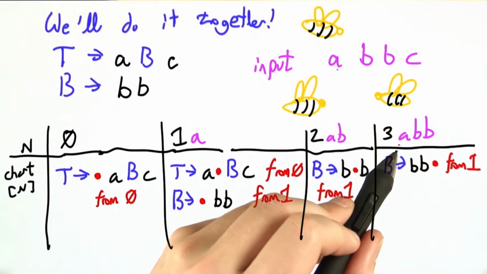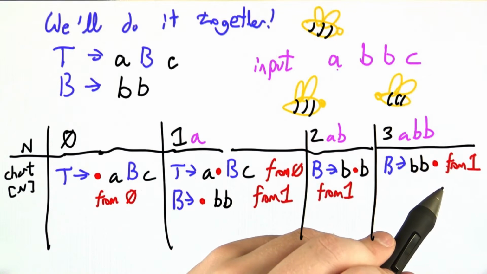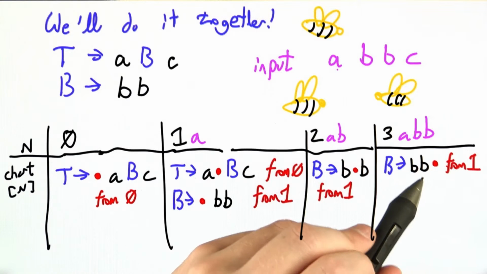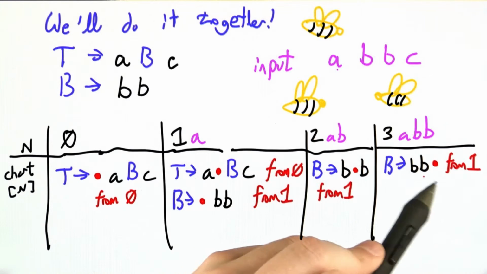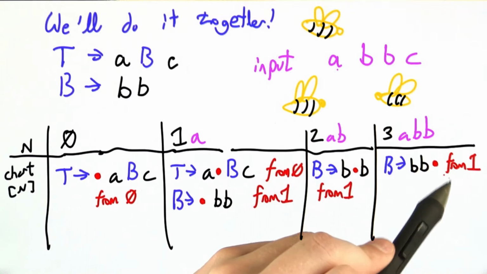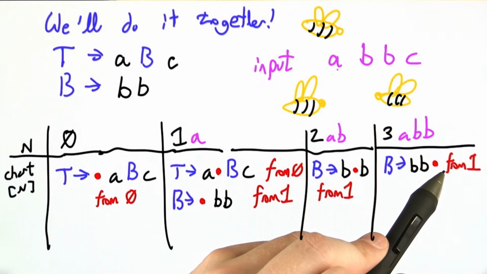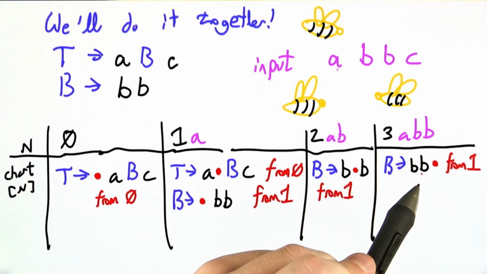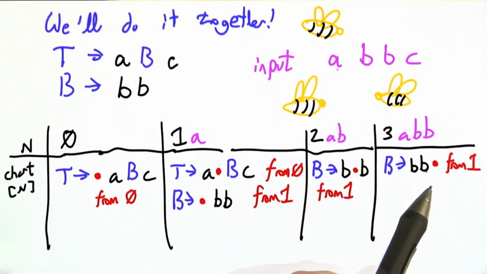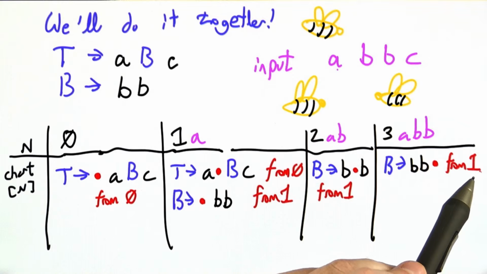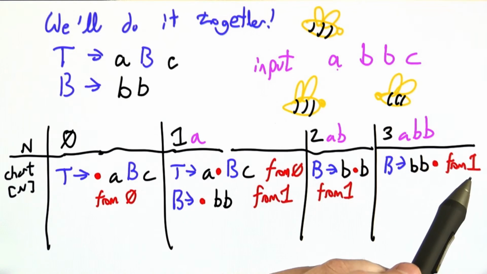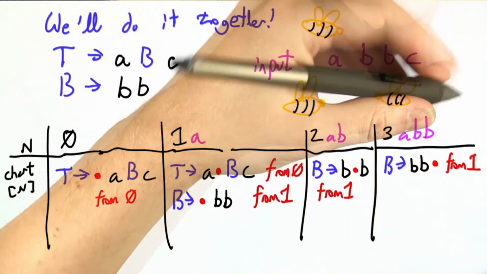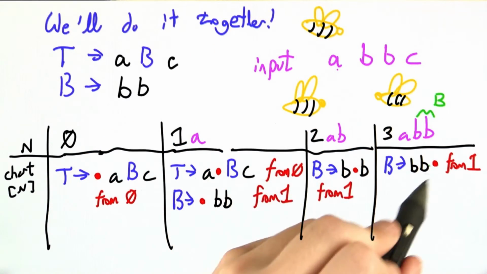All right. So here's the moment of truth for performing reductions. We have the red dot at the end of a rule. There's nothing to the right of it, no more input to consume. So we're going to apply this B goes to bb rule in reverse. So we're going to look back to state 1. We're going to use this from information. Where did it come from? Came from state 1. And see, I could turn this bb in the input into a big B using this